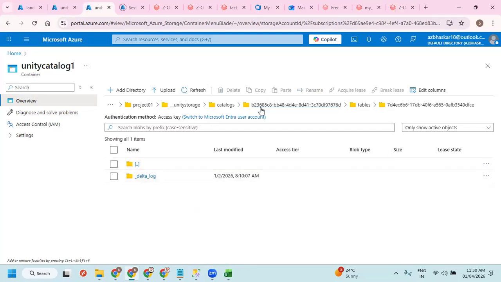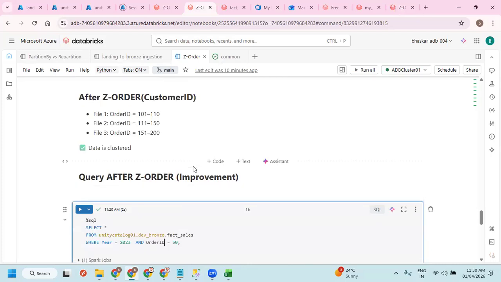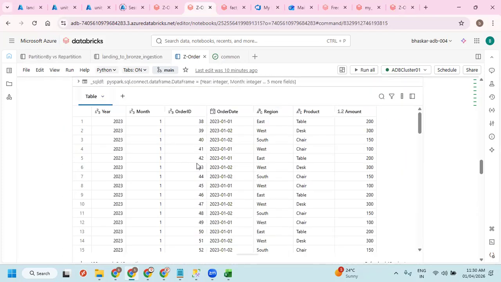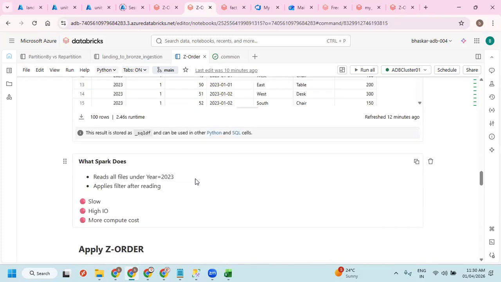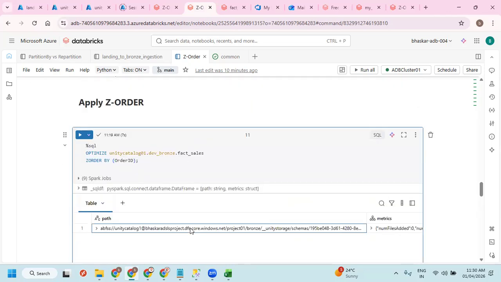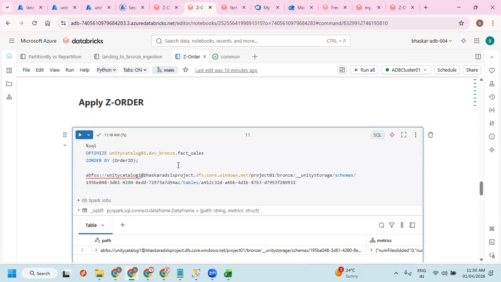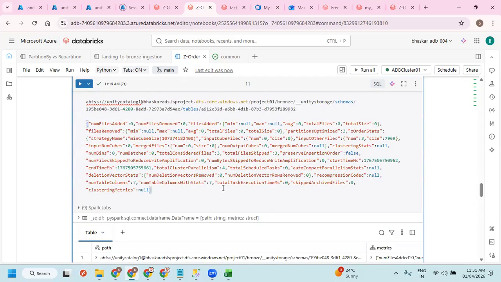It is not showing the data here. Somewhere it is showing this one, but it is not giving the details. It is just giving a folder name, but how the data is arranged, it is not showing. Just spend some time, then you may get and understand.